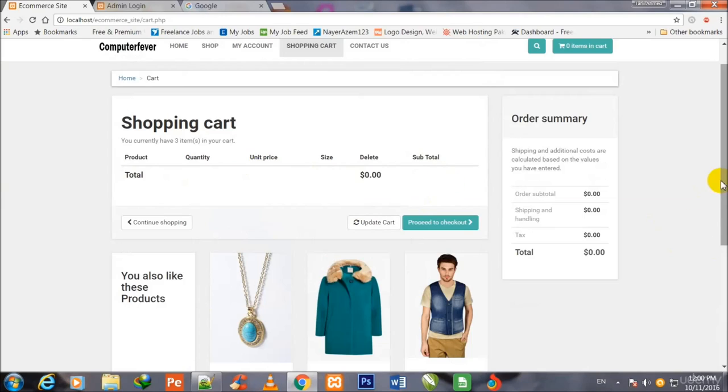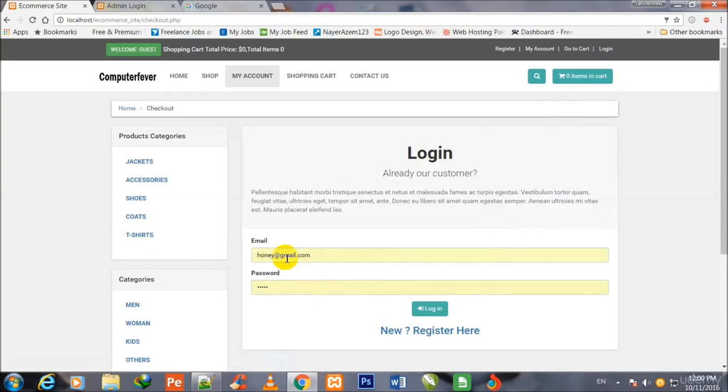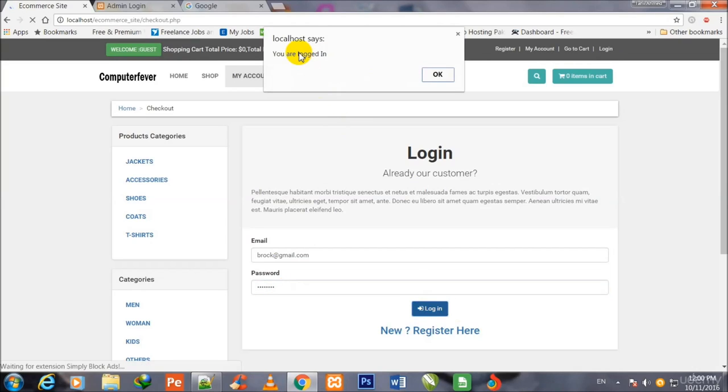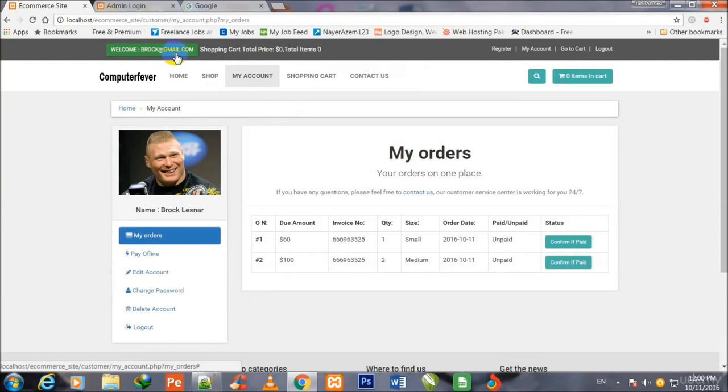So friends, this is the login button. If I have any account, for example, if I click over login, here I write my email address, for example brock@gmail.com, and here I write brock123, just a dummy email address and password. You are logged in, this message is being shown. I click over login. Now you can see welcome brock@gmail.com, and this picture, Brock Lesnar's picture image, is being shown here,